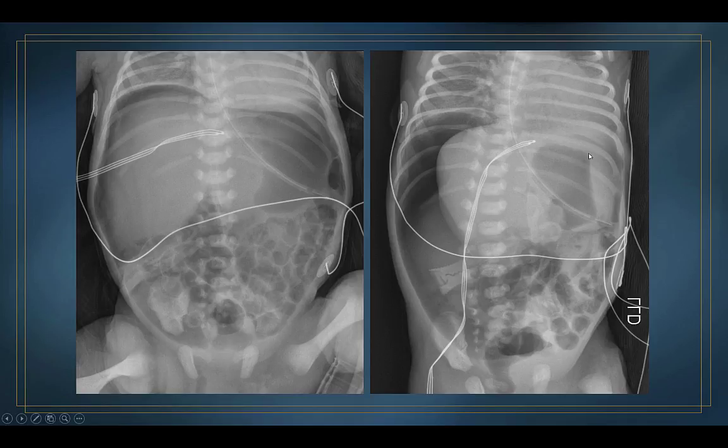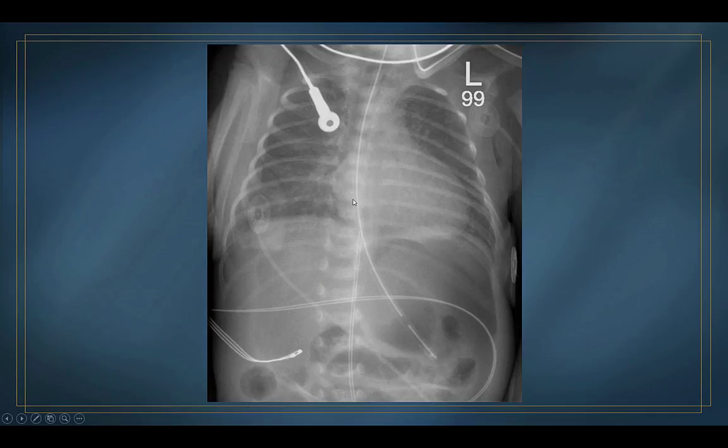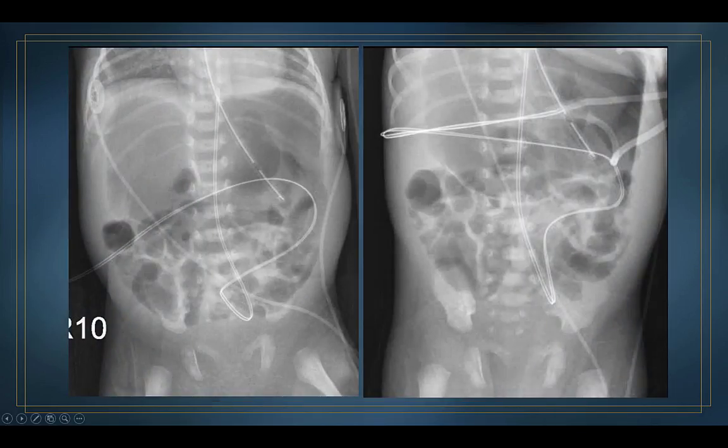On the decubitus, you can see that there is a fluid level in the stomach, and technically this NG tube, even though it looks like it's projecting beyond the confines of the greater curvature, is probably just displacing the greater curvature slightly. Okay, this is another gastric perforation, and here's a regular NG tube, and that's the greater curvature of the stomach. And there's not much fluid in the stomach, because if you'll notice, this loop of bowel goes right up to it, so there can't be a lot of fluid in the stomach surrounding the air. So I wouldn't have suspected that this NG tube had perforated the stomach, but on the next radiograph,